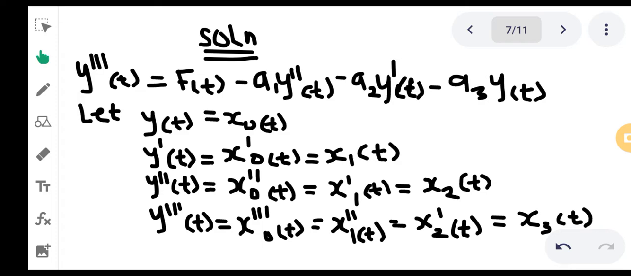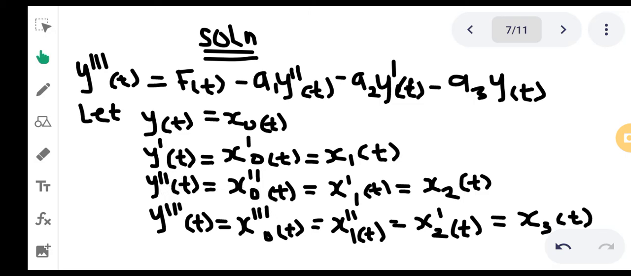We are only focusing on how we can reduce the differential equation, which is of third order derivative, to become a first order derivative. So that's the idea. My first derivative, we had x naught prime of t. I differentiated this, so we just subject it to x1 of t. Then for y prime prime of t, I will just differentiate the x naught of t